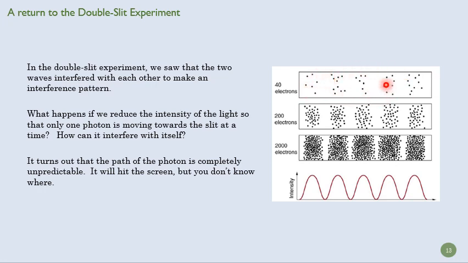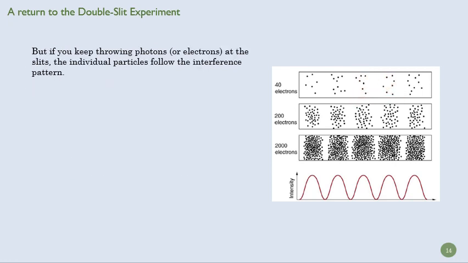And you say, well, that's kind of random, but you start to see that they're mostly landing in these lines here. If you keep throwing them, you start to see that pattern emerge, right? Here's what our diffraction pattern looks like. Okay. And here's what happens when I've thrown 2,000 particles through our diffraction grating.